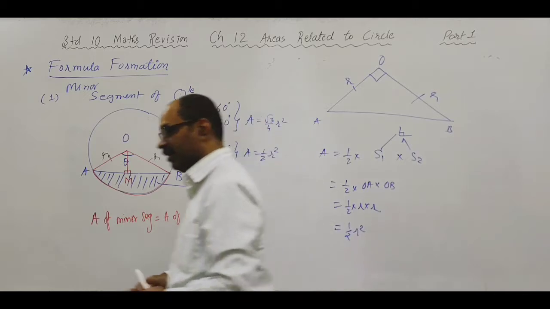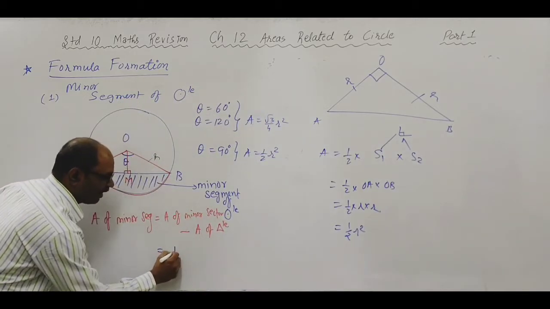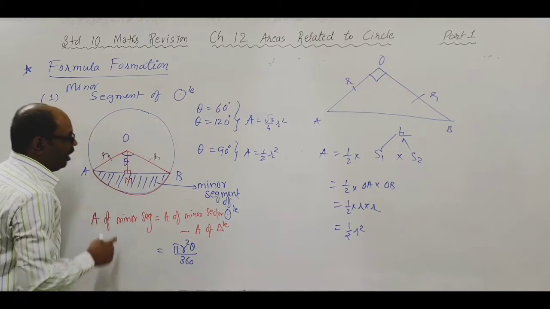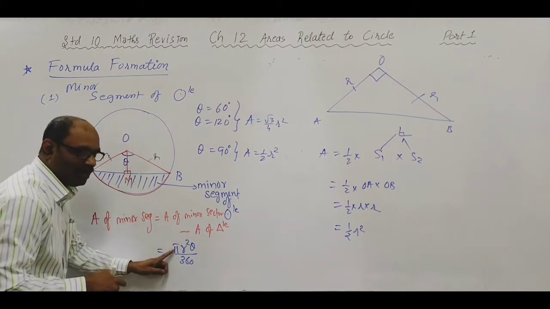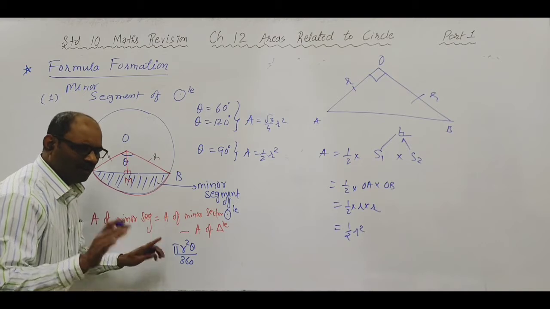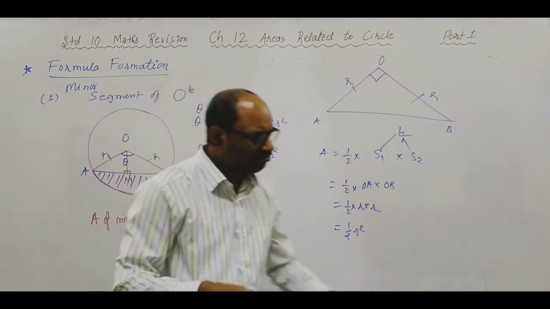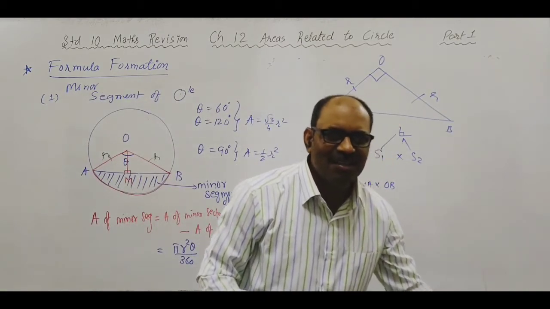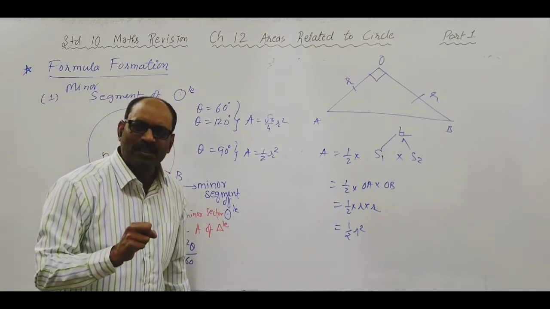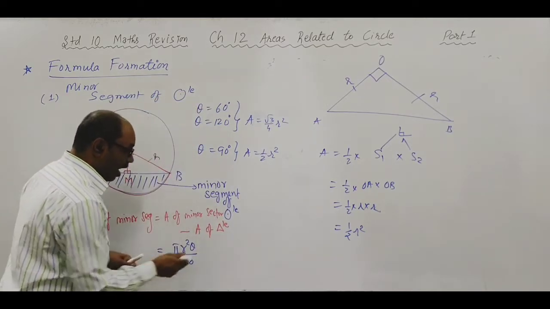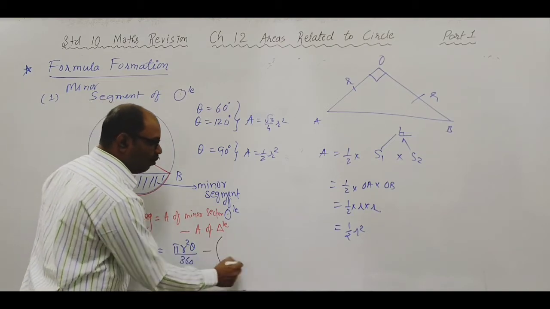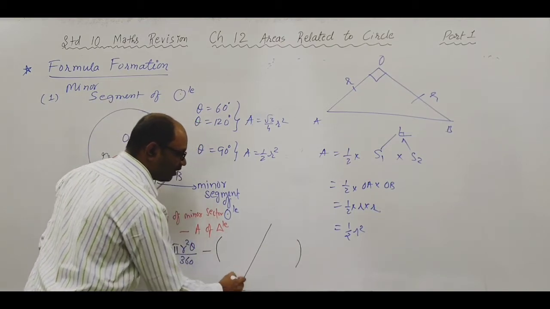Now we will write this formula. What is the area of minor sector? Pi R square theta upon 360. And if the length of the arc is given, what will you write here? Half LR. Generally the half LR formula is used in objective questions, mostly. Okay, fine. Now minus, here you can use either one of the two formulas.